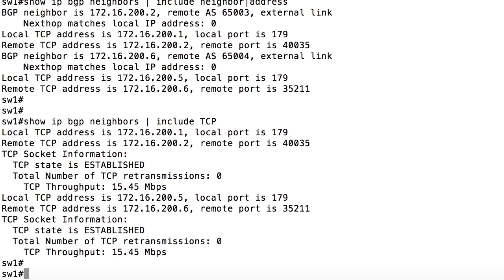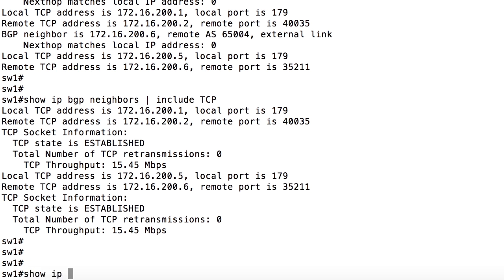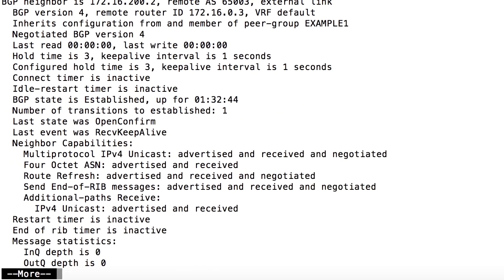Or if you want to focus on all the output for one specific BGP neighbor, we could use the command show IP BGP neighbors and then the neighbor's IP address, 172.16.200.2. Some useful information here related to operations includes the BGP version number, if it's associated to a VRF, the inherited configuration from a peer group, the keep alive and hold timers, and the neighbor's capabilities, just to name a